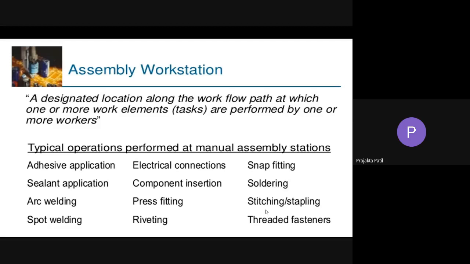Okay, so as I said, we started with the fundamentals of manual assembly line, and before that, we tried to understand what basically a manual assembly line is, and what the factors are which favor the use of manual assembly line. We also checked out some principles, or you can say the reasons why manual assembly lines are so productive. Okay, so we understood there is specialization of labor, interchangeable parts, workflow principle, and line pacing.